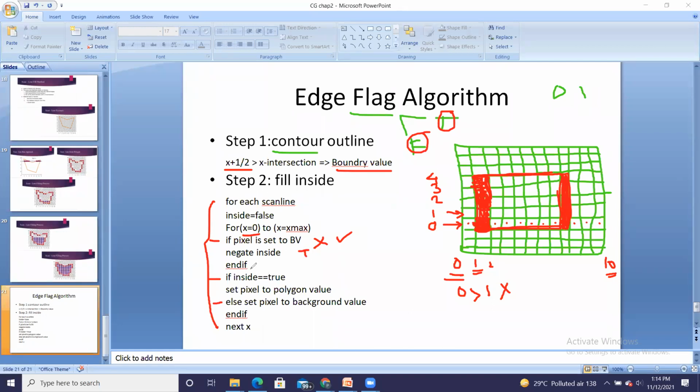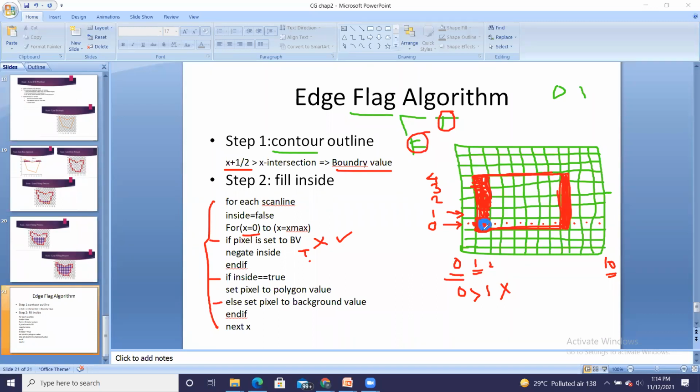And it will end the if. Now I will check whether inside is equal to true. Yes, the inside value is true. We have changed this value here. So inside is true. That's why what you have to do is set that pixel to the polygon value. So at x equal to 1, I am going to set that pixel to the required value.